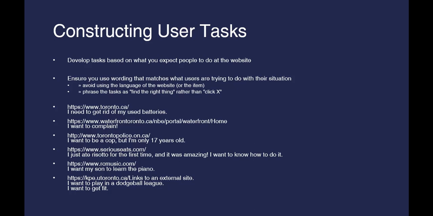So Toronto Police, I want to be a cop, but I'm only 17 years old. What is the learning I would need to do to become a police officer? For Serious Eats, I just ate risotto for the first time, and it was great. It was amazing. I want to know how to make my own. So, these are the types of questions you would want to ask users coming to your